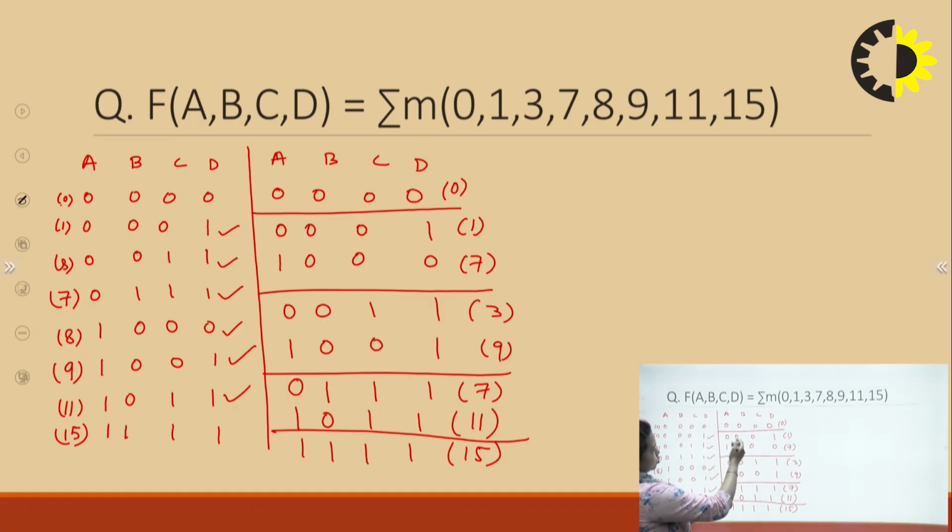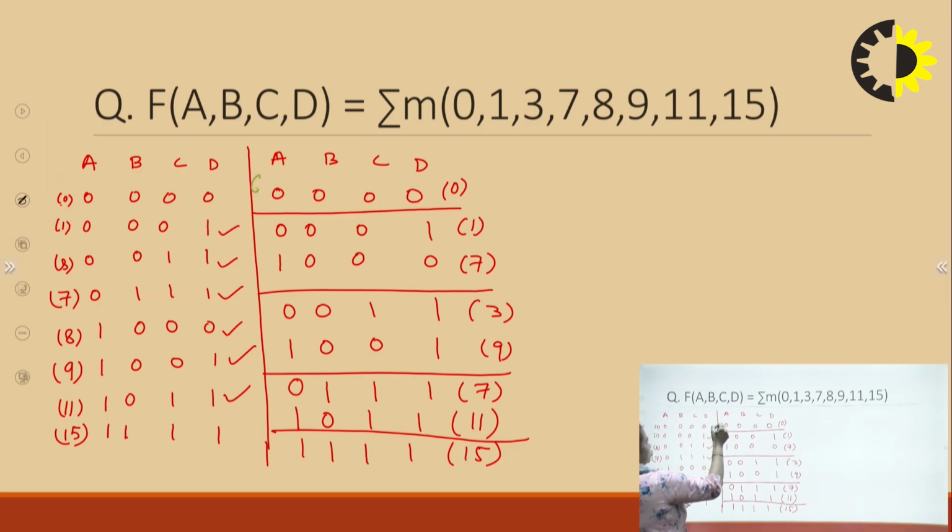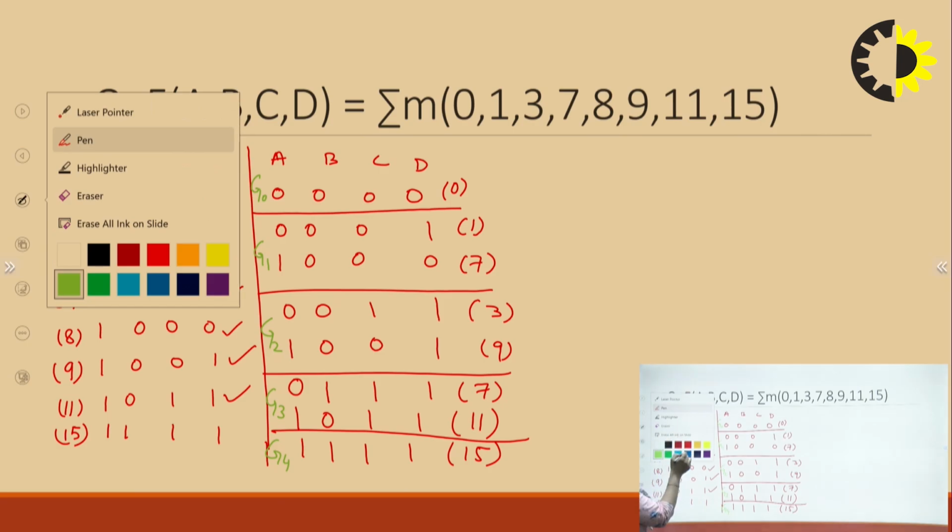The next step is to make the groups, and these groups are generally made by checking the number of 1s. So group 0 is basically this, having no 1. This is group 0 with no ones. This is group 1 with a single one. This is group 2 with 2 ones. This is group 3 with 3 ones, right? And then this is group 4 with 4 ones, right? Then what is the next step?